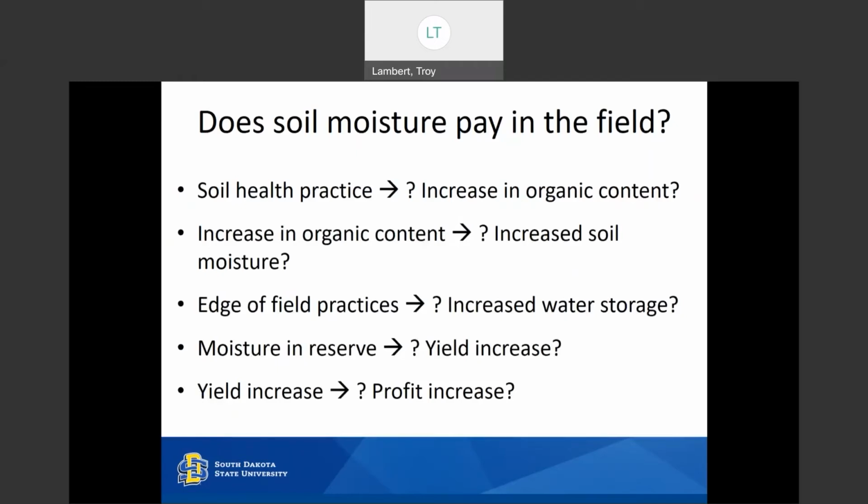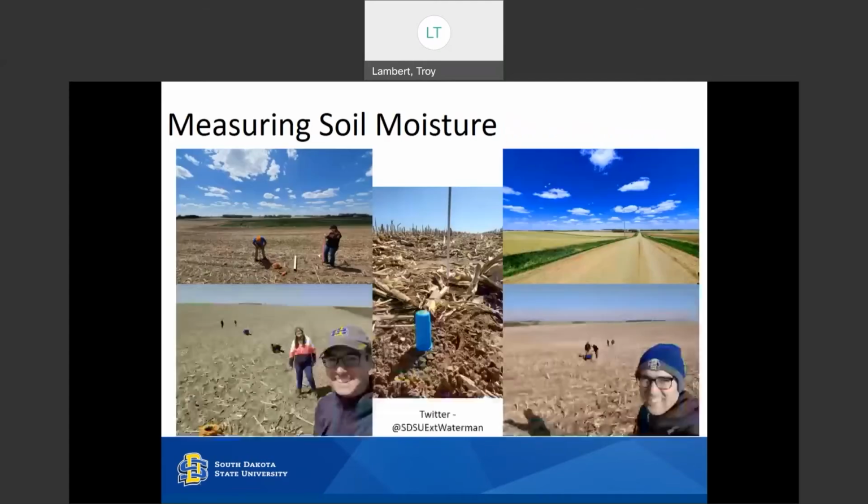And does that give us more moisture in reserve? Does that moisture in reserve lead to a yield increase? And if that yield increase, does that lead to a profit increase? If we can answer all these questions, then we can say, how much from a soil moisture perspective does that soil health practice pay because we managed our water better? So that's one of the questions we're trying to answer.